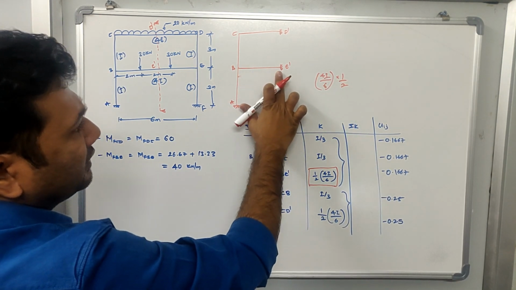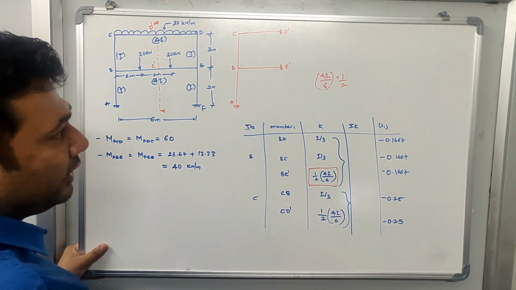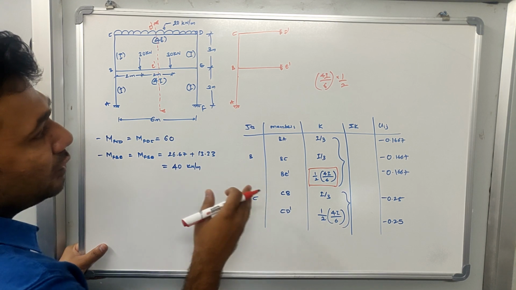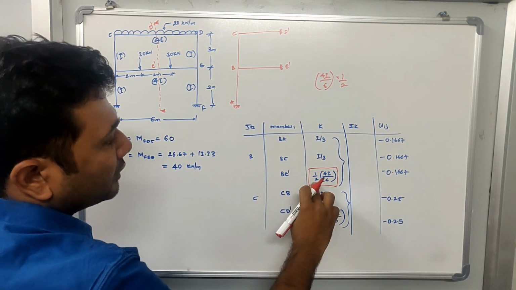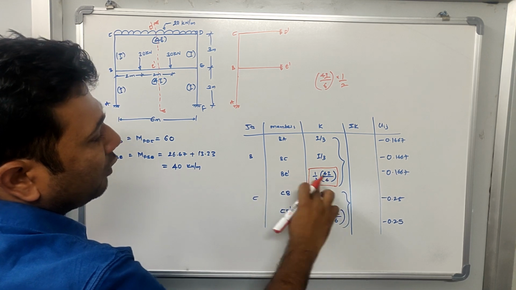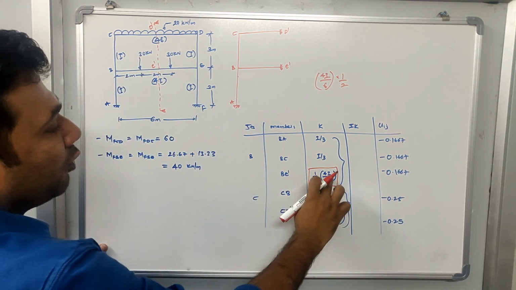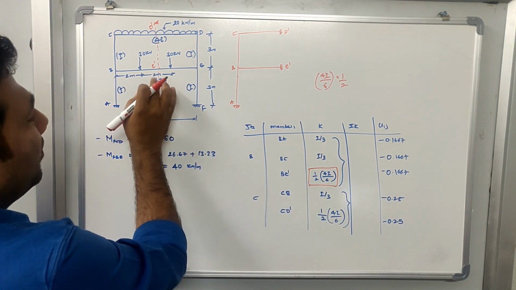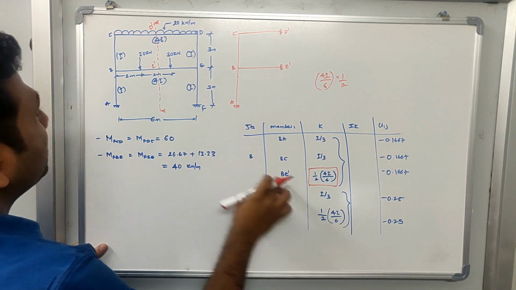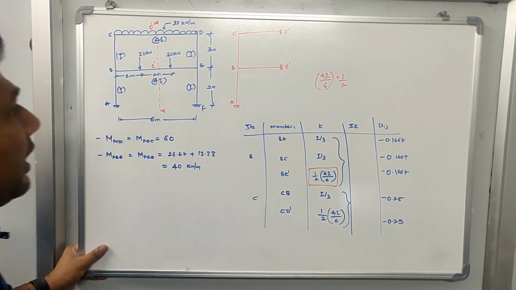Okay, remember this. Whenever you want to find the stiffness for a modified element in the frame, you multiply the stiffness factor by half of it. So half multiplied by the stiffness value of the original member, which is BE. Okay, this member. So 4I divided by 6 multiplied by half will give you the stiffness of BE dash.